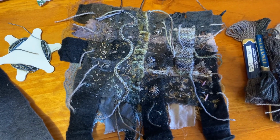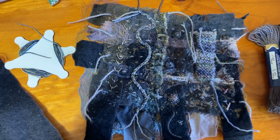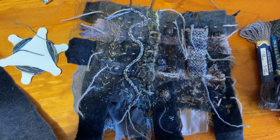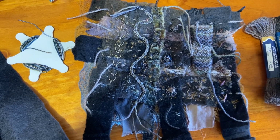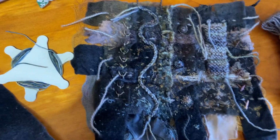I'm doing my Inspiration Monday on my own, so it might all be a wee bit tricky, but I thought I would share with you my magpie's nest from my workshop that I ran in New Zealand last week. Some lovely ladies were doing some wonderful weaving and stitching, and this is what I knocked up in the class. I took my pre-felts, my flimsies, and cut them into strips, as I am prone to do,